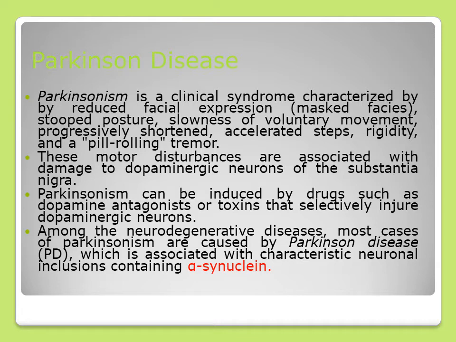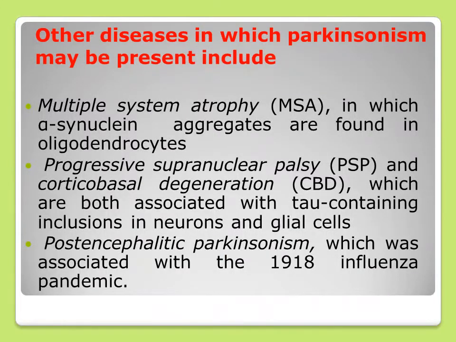Parkinsonism can be induced by drugs and toxic materials, like dopaminergic antagonists, which selectively injure the dopaminergic neurons. Among the neurodegenerative diseases, most cases of parkinsonism are caused by Parkinson disease, which is associated with characteristic neuronal inclusions containing alpha-synuclein protein. Other diseases in which parkinsonism may be present include multiple system atrophy, in which alpha-synuclein aggregates are found in oligodendrocytes, progressive supranuclear palsy, and corticobasal degeneration, which are both associated with tau protein-containing inclusion bodies in glial cells. Postencephalitic parkinsonism